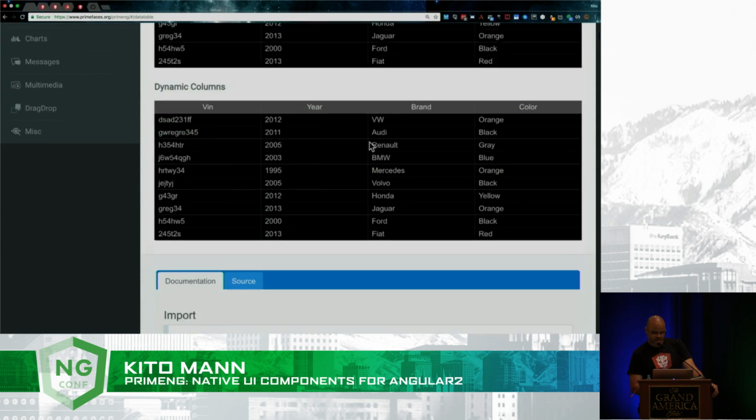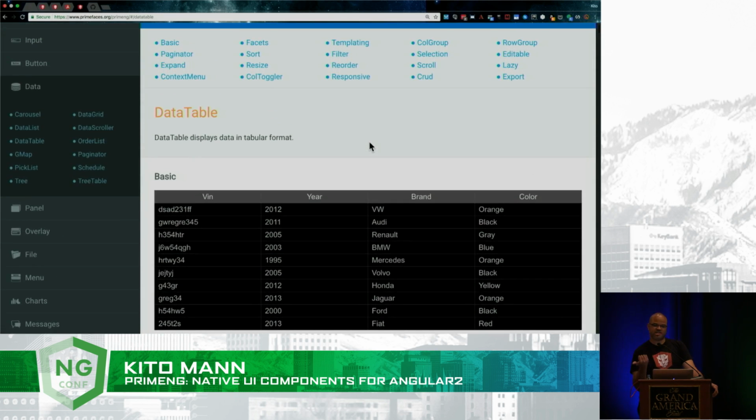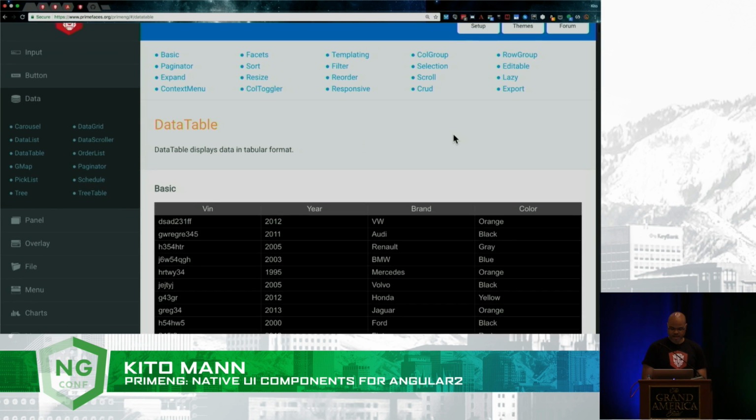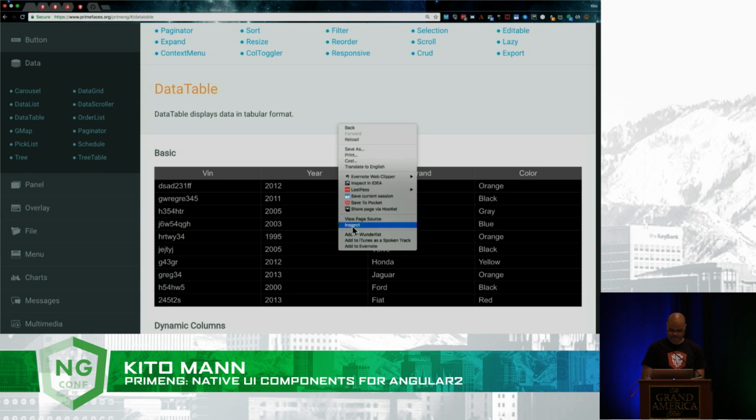All right. And as you see, you can actually change themes dynamically, which means that if you have that as a user preference, you can actually have the user say, okay, this is my favorite theme, et cetera. Or let's say you need to do branding so that your application has a certain theme for some clients versus others. Very easy to do that. And if we take a look at the CSS,